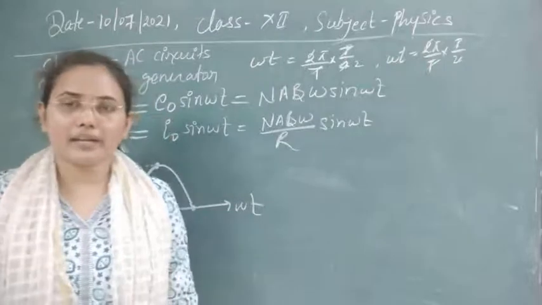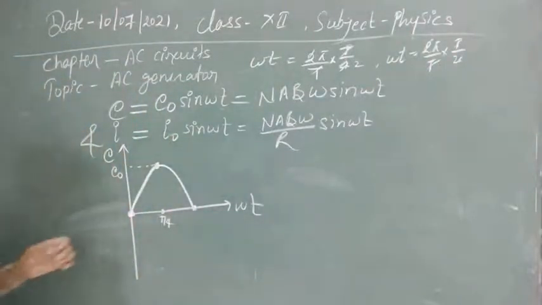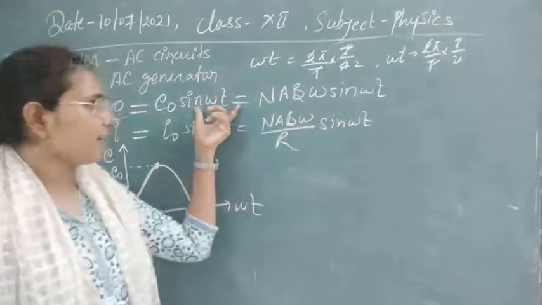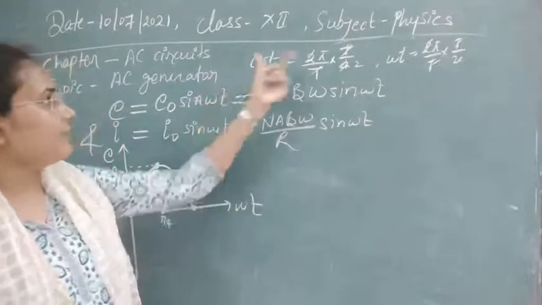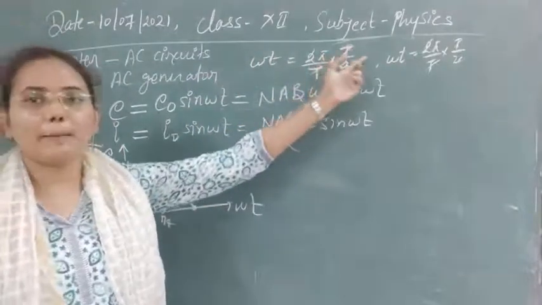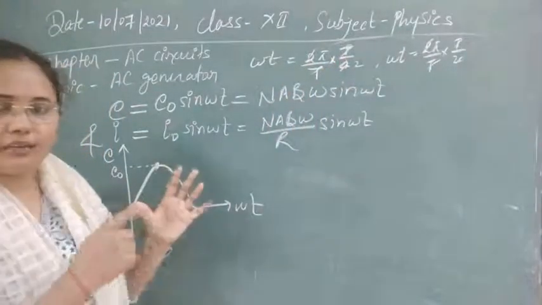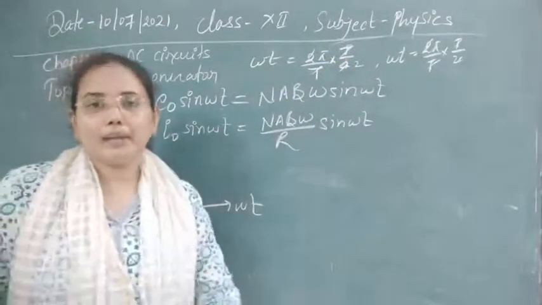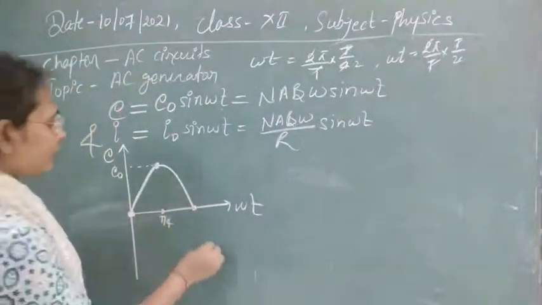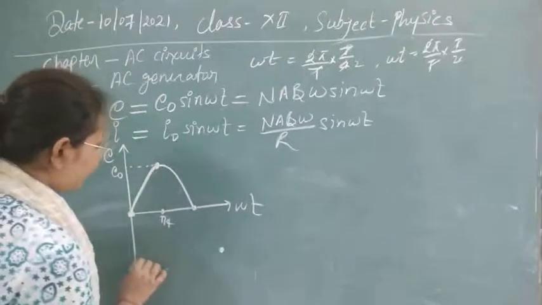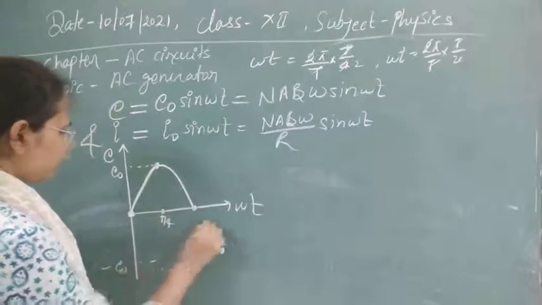Now we can also rotate it to 360 degrees. Next we have to write down the value 3T by 4. If you write down the value 3T by 4 and apply the same procedure here, you get omega t equal to 3 pi by 2, that is equal to 270 degrees. For that, again we are getting the maximum value, but in the negative direction, as a value of -1 from here. So this is minus E0.